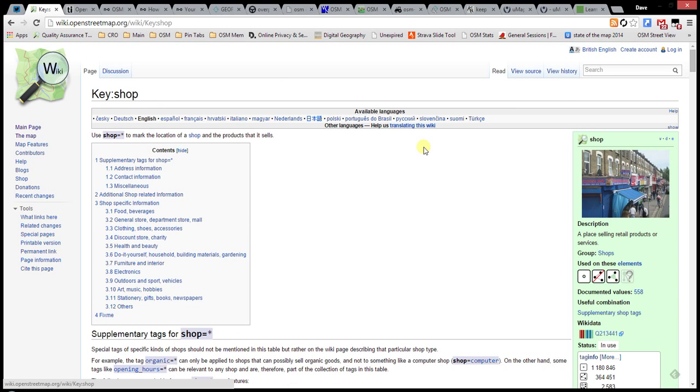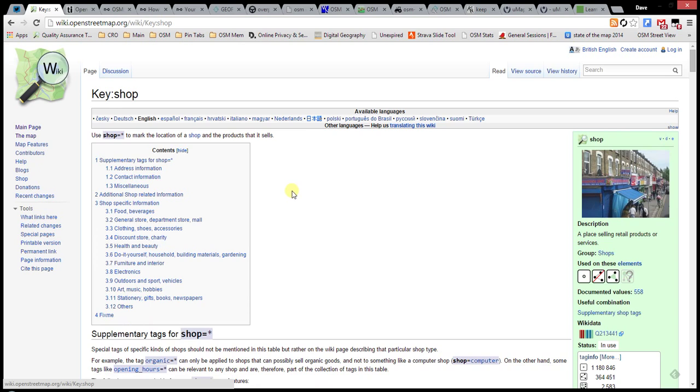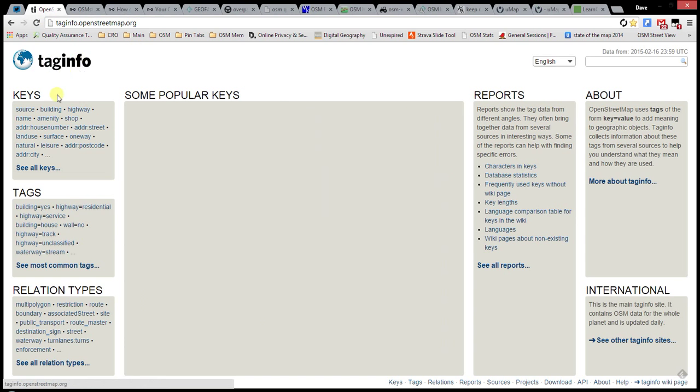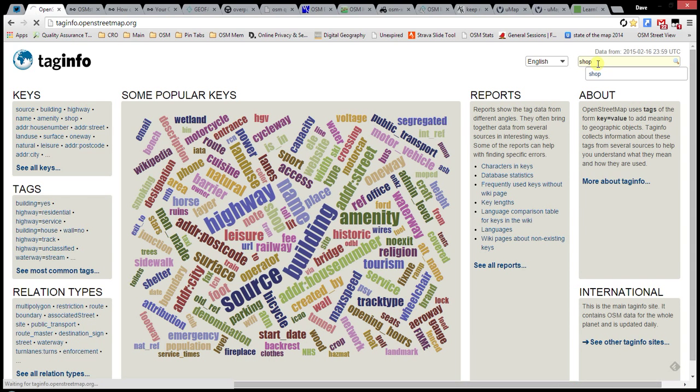So that's how you use the wiki. It's very useful for getting information on tagging, especially when you're new to tagging, because you're simply not going to remember all this information. So I would advise strong usage of this website. Also, there is another website called TagInfo. So if I type in here the same thing, shop, and do a quick search on it,